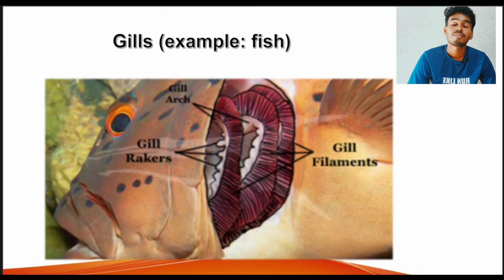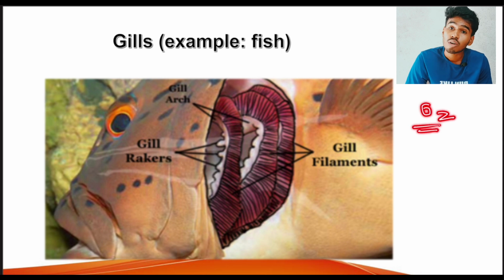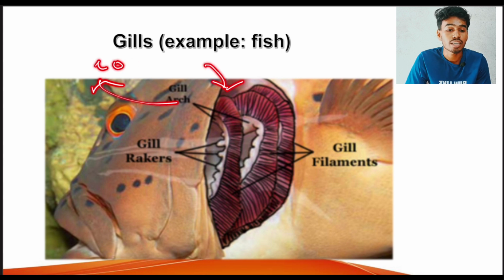Next example is fish. We all know that fish is an aquatic animal, present in the water. In water also the animals require oxygen. Where does the oxygen come from in water? There is already oxygen present in dissolved form. So the fishes, the aquatic animals, take the oxygen from the water and release carbon dioxide,